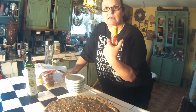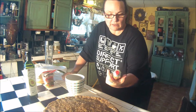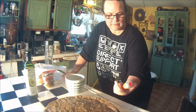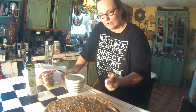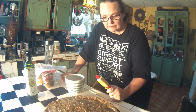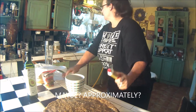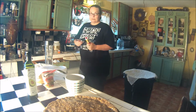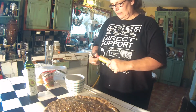This is double concentrated tomato paste. And I looked again with two glasses on because it's written in tiny print on the back. And when you get old, you can't see that stuff. Per tablespoon, it has 7 grams of carb. We've already ascertained that there's maybe 10 in this whole crust here. I'm going to add 7 more. And I'm going to measure it, which you know I do not typically do, but because this is pretty critical and carby,